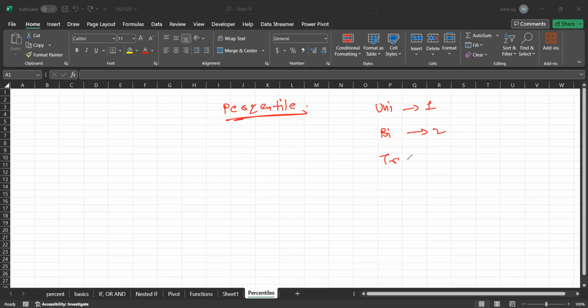Tri means 3. In a similar way, if we go on increasing this, percent basically means 100, right? Percent basically means 100. And this percentile term has come into existence